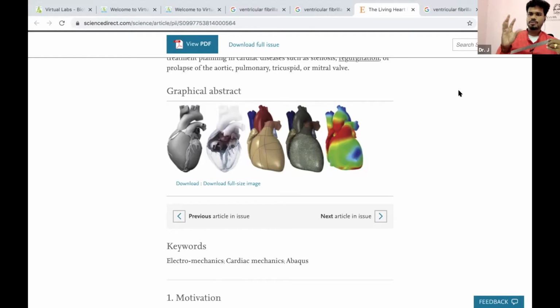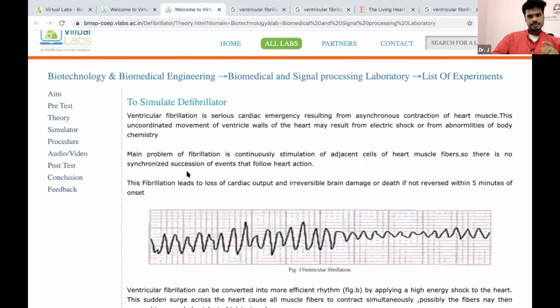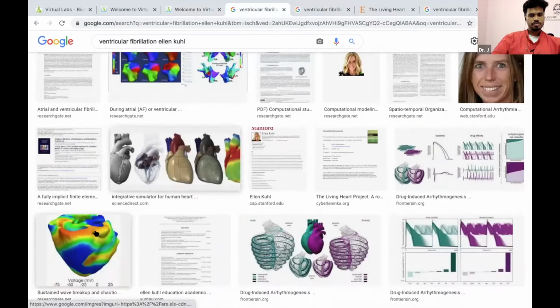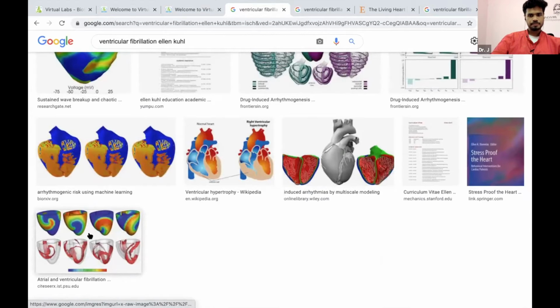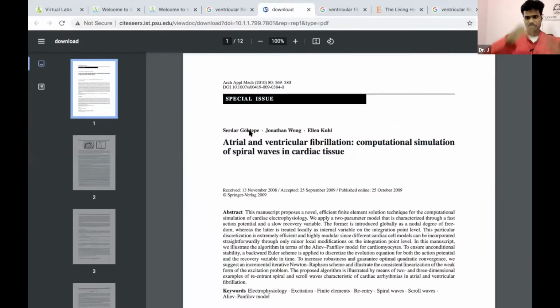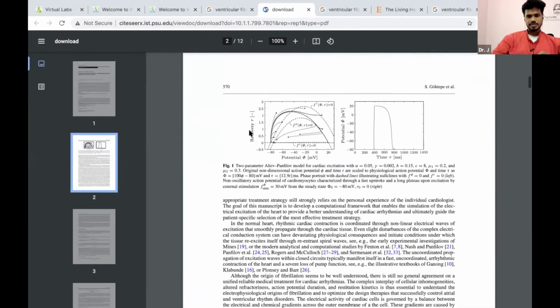This pumping, the contraction, follows electrical excitation. And electrical excitation is usually very, very nice. It gradually goes from one place of the heart to the other place, almost like a symphony, almost like music. But there is this thing called ventricular fibrillation. The ECG they have shown is one thing, but what actually happens in the heart is closer to this figure. Notice what is supposed to travel from top to bottom, or in a specific sequence in the heart.